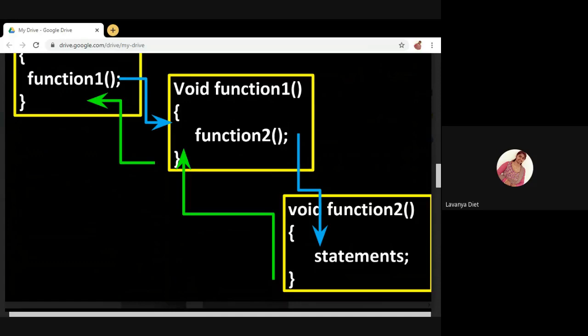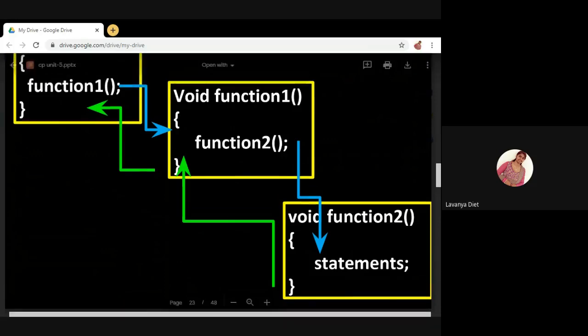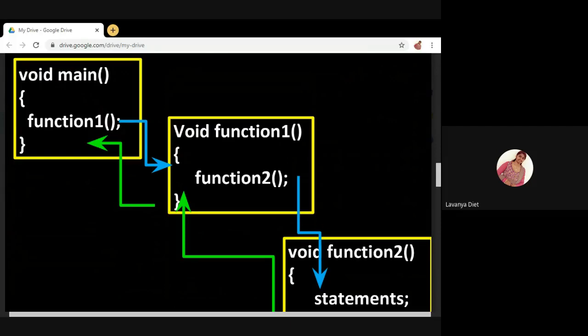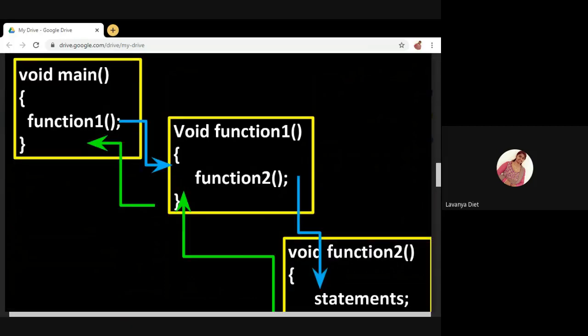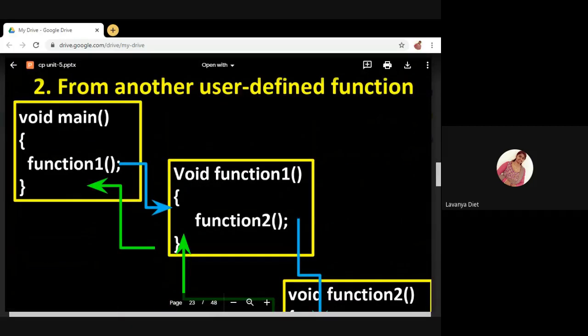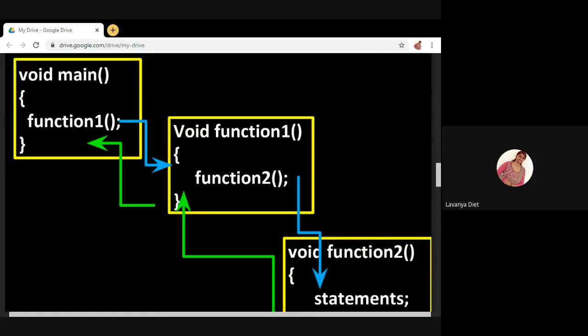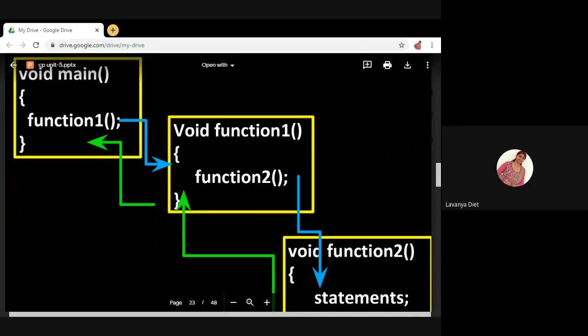After executing all the statements in function1, control goes to the next statement after function1 in the main function. This is very important. See how these functions are working. See these arrow marks and you will understand.